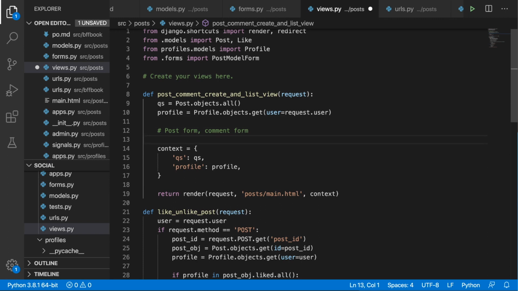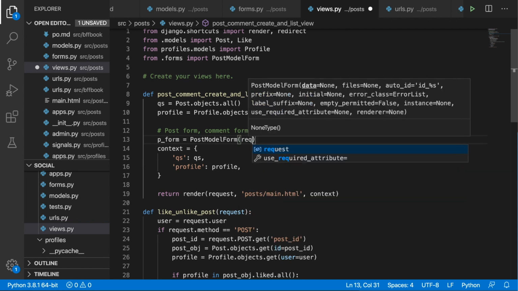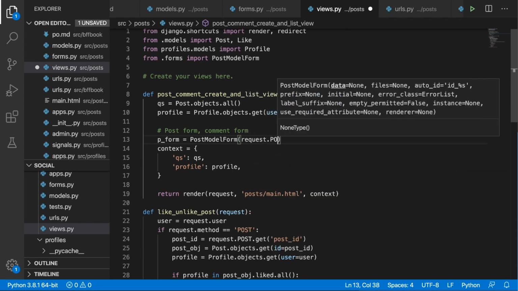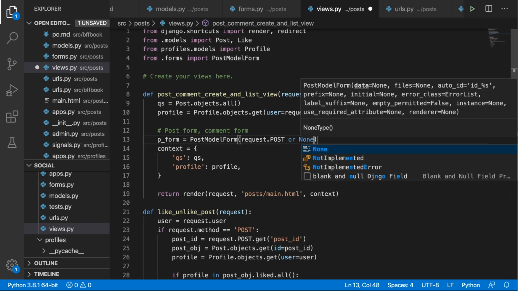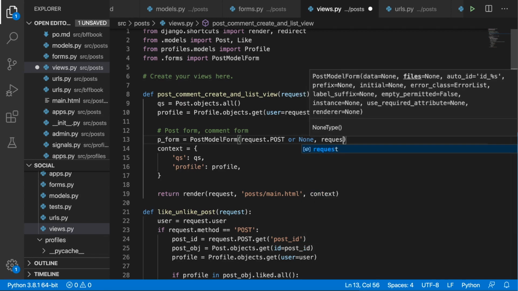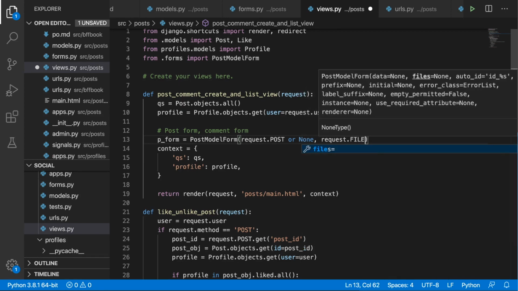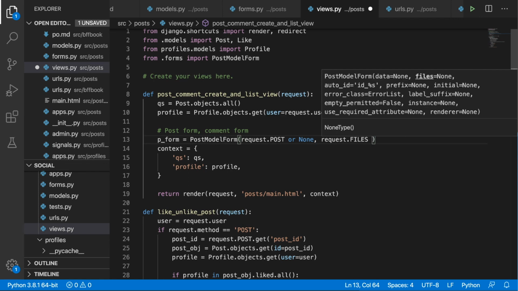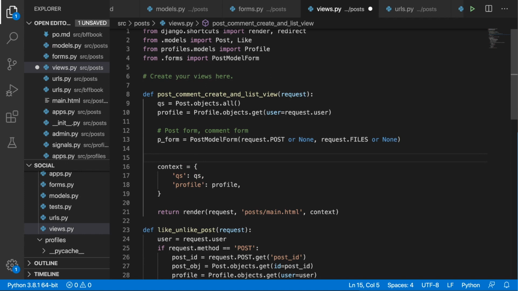So now we can do the post form. So I'm just going to call it p_form, and this will be PostModelForm, and this will take in request.POST or None, and request.FILES, since we are going to also send an image, or None. Okay, and then we can write down if p_form is valid,